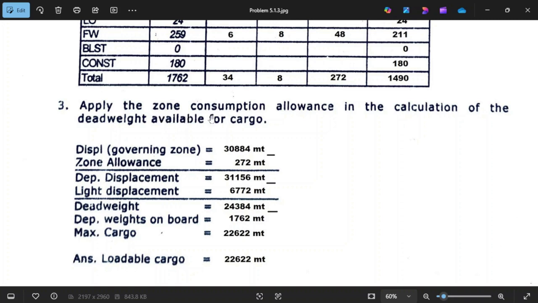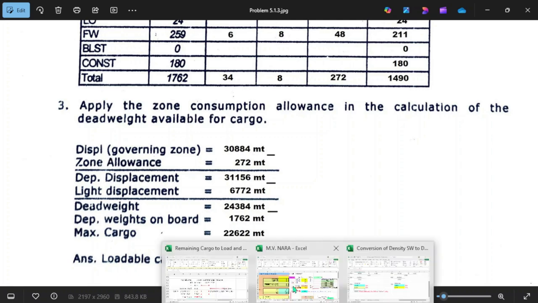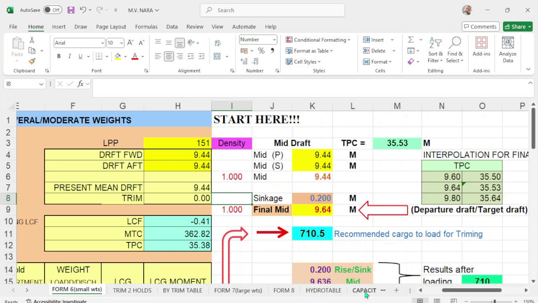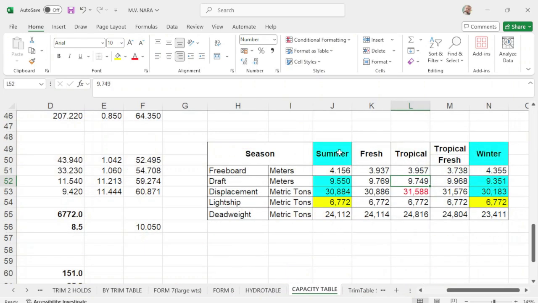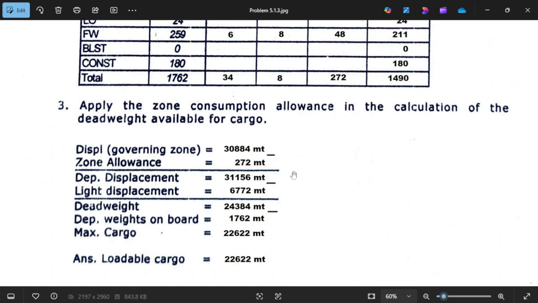And apply the zone consumption allowance in the calculation of the deadweight available for cargo. So the governing zone is summer, which is 30884. How did you get this displacement? You go to the program or NAPA, then you go to the capacity table. Look for summer, and the displacement is 30884, which is this one. Now you apply